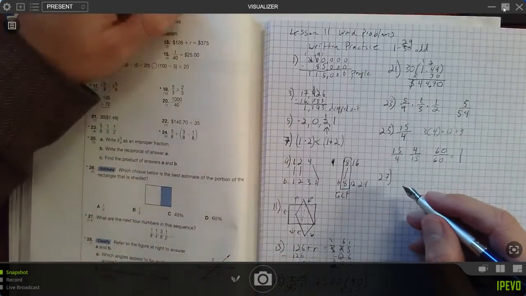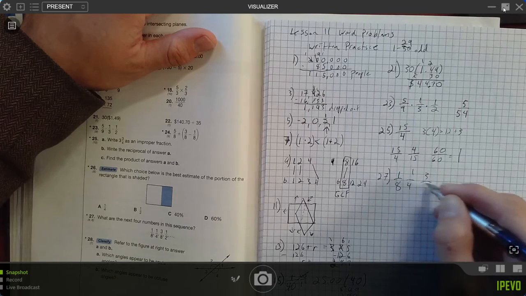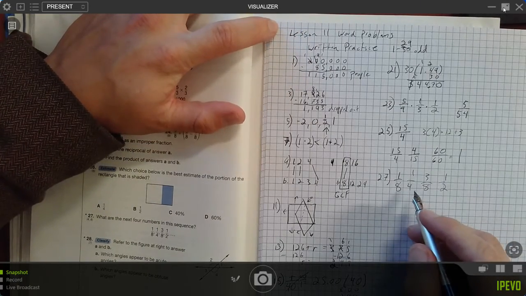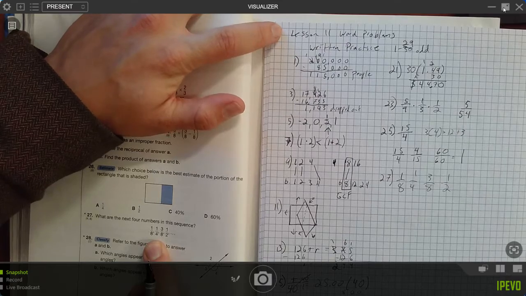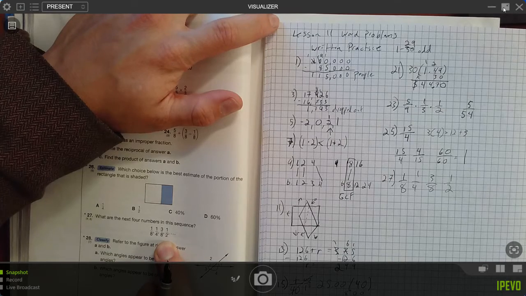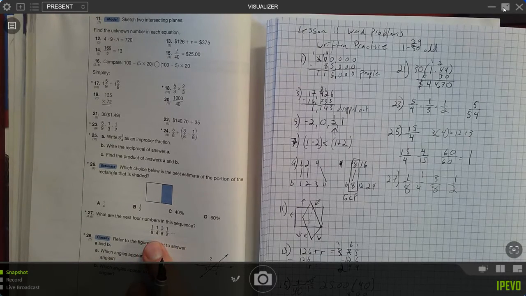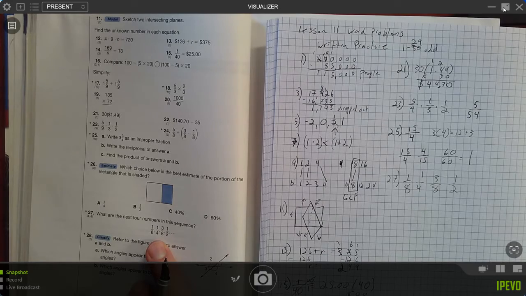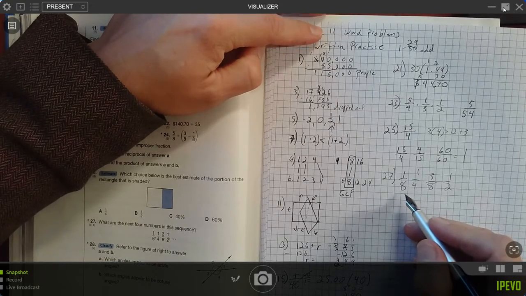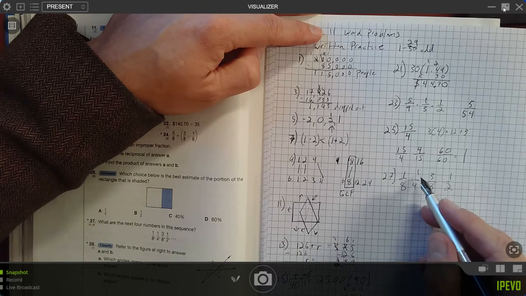So last two questions are, what are the next four numbers in the sequence? 1/8, 1/4, 3/8, 1/2. Okay, so what is happening here? It seems like it is getting smaller here, but then suddenly it's changed here, and then now it's at 1/2 again. So what could be happening here? If you're timesing it, I think if we were to look at this a different way, we would see that 1/8 divided in half is